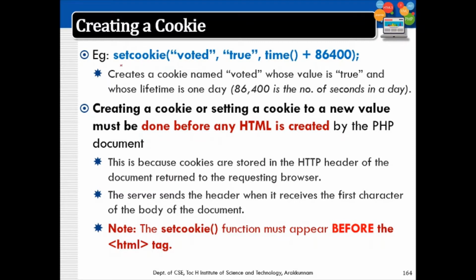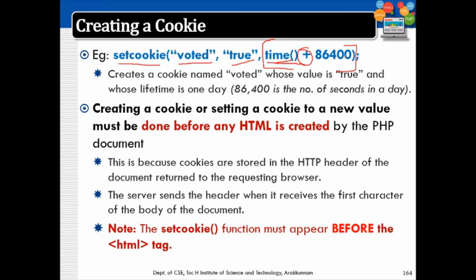This is an example of creating a cookie using the setcookie function. setcookie is the function name. Here, "user" is the name of my cookie and this is the value of my cookie. And you can see how the time value is added here. So the time function is used. The time function will give the current date and time of your system, and you can add extra time to that. So this will retrieve the current time.